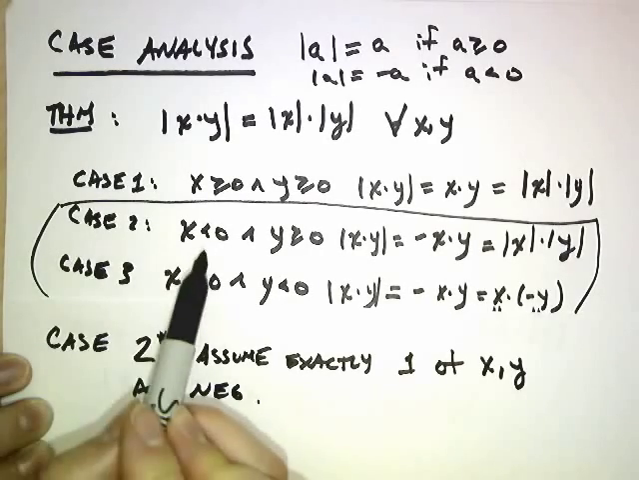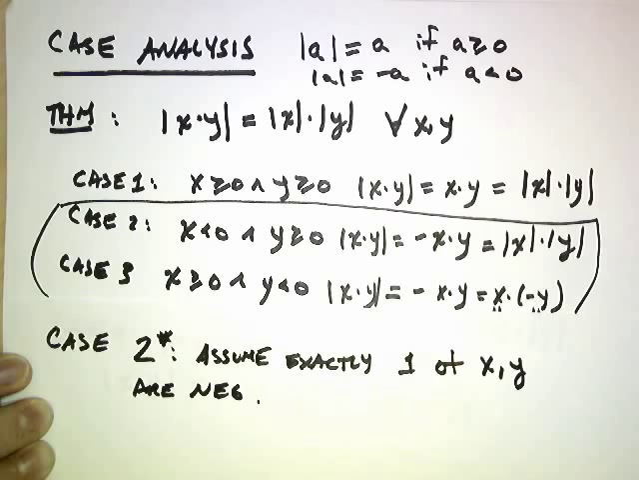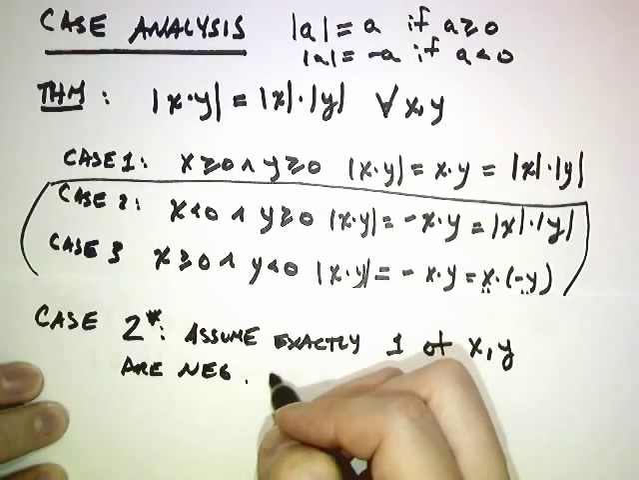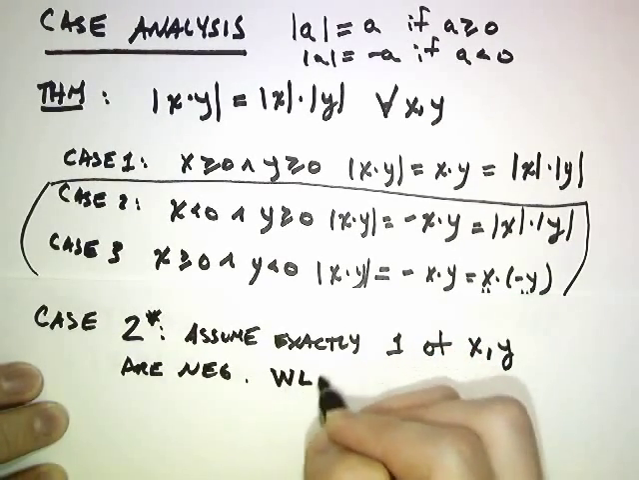Right? Case 2 handles the case when x is negative, case 3 handles the case when y is negative, but we could have grouped these together and said, hey, here's a case 2 star. Assume exactly one of x and y are negative. And usually when we do this, we say something, we say without loss of generality,